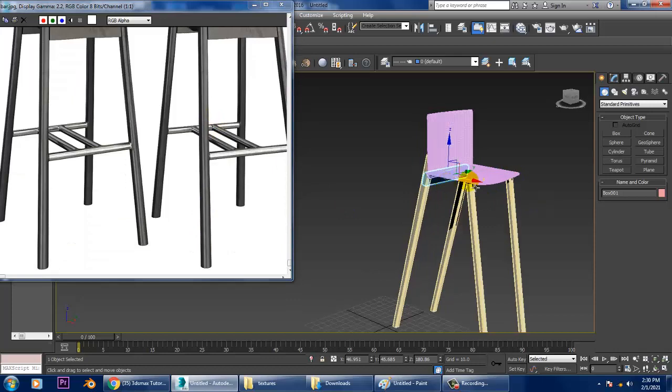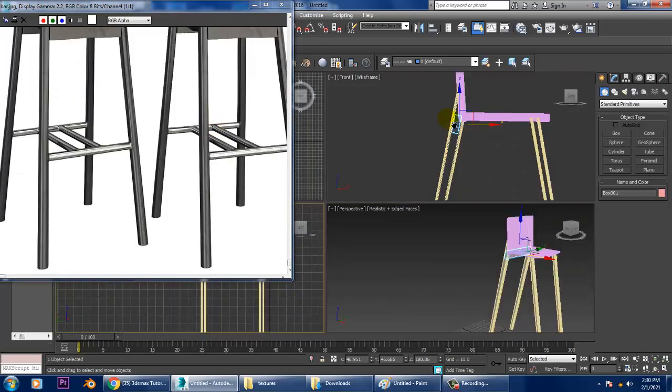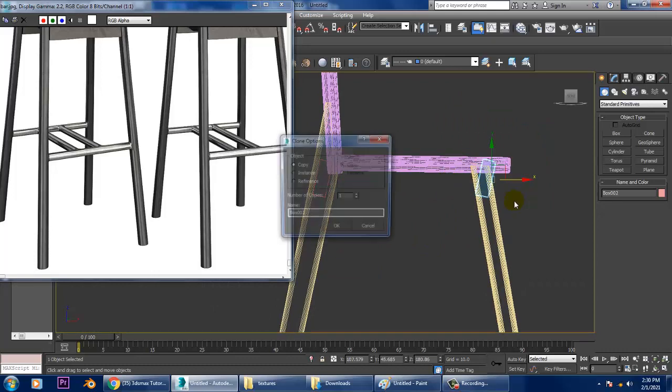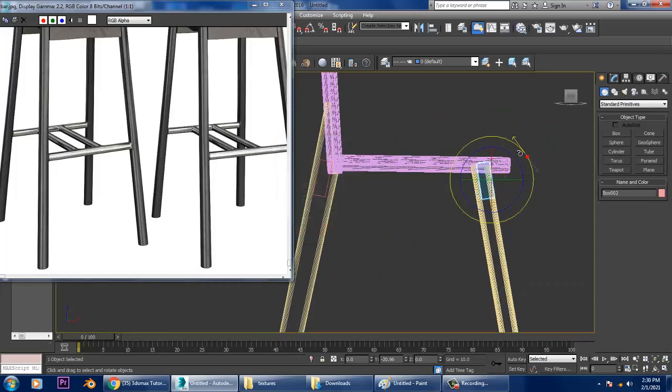Duplicate this, slightly rotate it and drag it down.